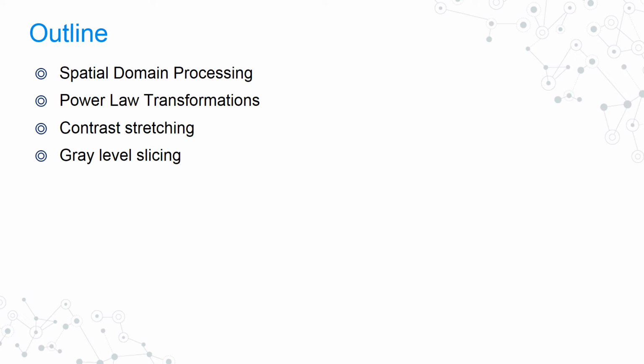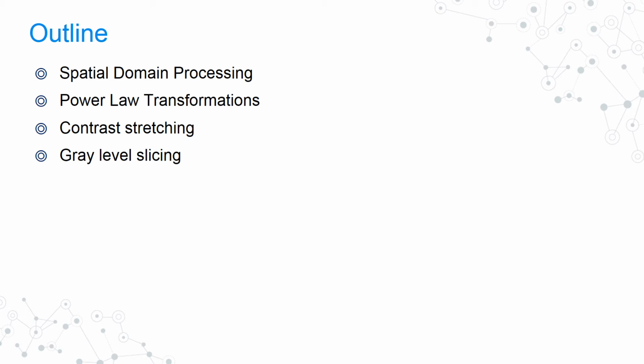So it will map a narrow range of dark input values into a wide range of output values, and it would be also true for higher values of input image. If I have larger values of gamma, where gamma is greater than 1, the transformation will behave like an inverse log transformation. So it will have just the opposite effect of what it had when gamma was less than 1. And if C and gamma both become 1, then this will behave like an identity transformation. We would be working with different values of gamma, checking their effect on an input image, and implementing all these things in MATLAB.